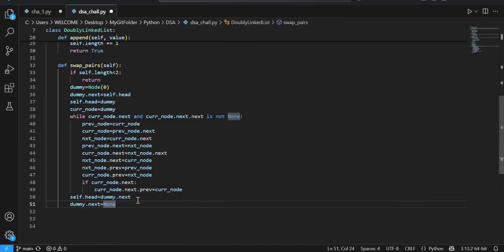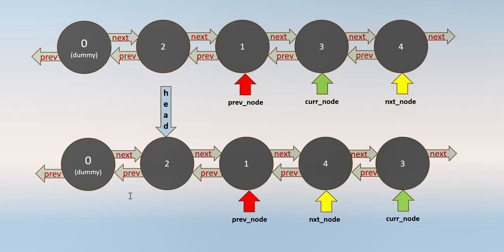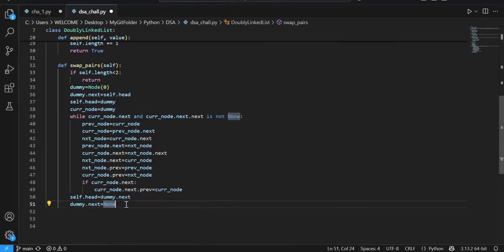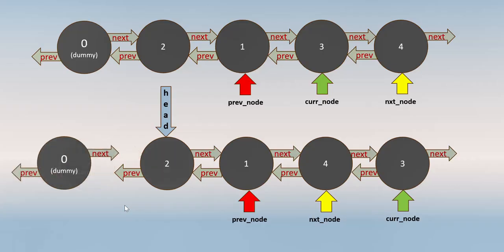Okay. And now this dummy node is not a part of the linked list. We created it in order to solve this problem. So now we have to remove it from the original linked list. So for that, what we can do, next pointer of this dummy node will point to nothing. Currently next pointer of this dummy node is pointing to 2, but after this line, next pointer of dummy node will point to nothing, like this. Okay, so it is pointing to nothing, so it has been removed,